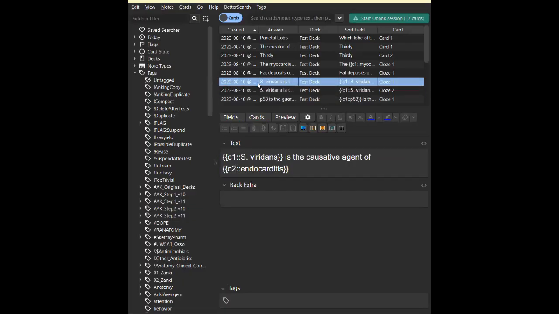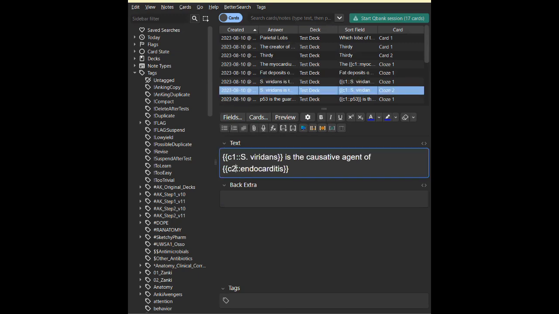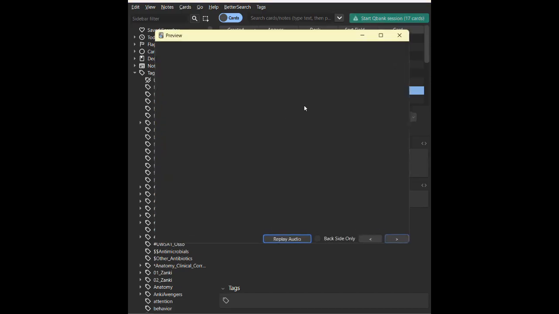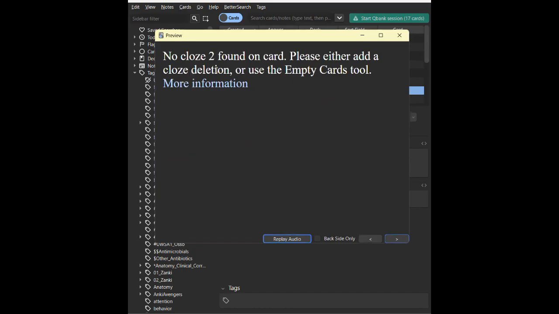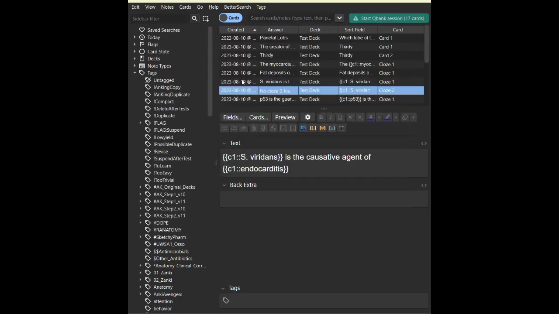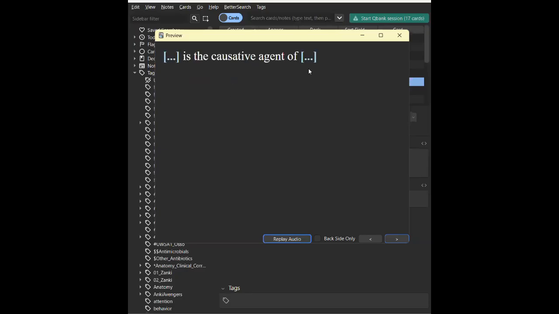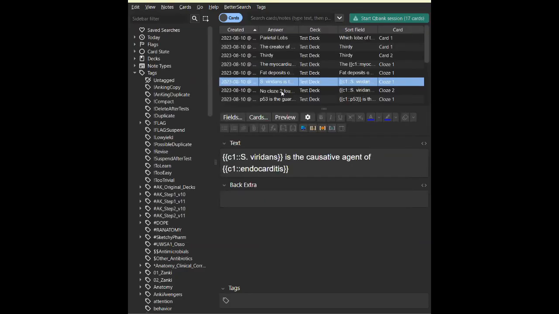It was already created. There are now 2 cards because there's 1, 2. Go back to the card. I want this to be 1. That'll still work. When you preview the first one, there, now it appeared. But the second card that was created, because I changed it and turned it into 1, became an orphan.